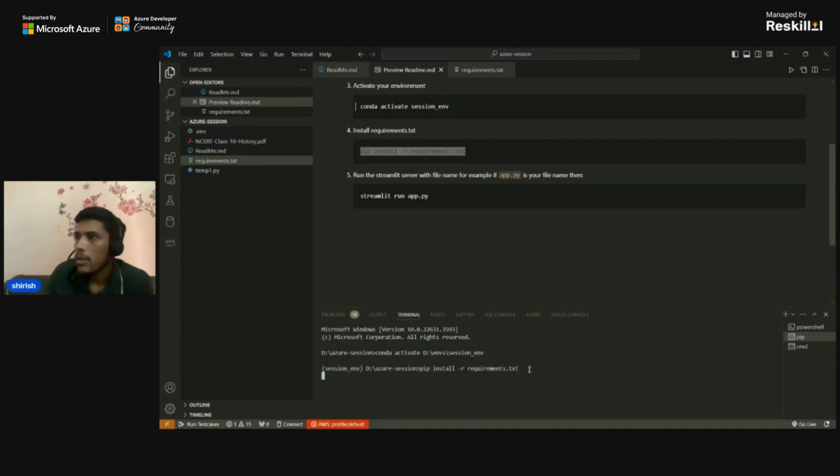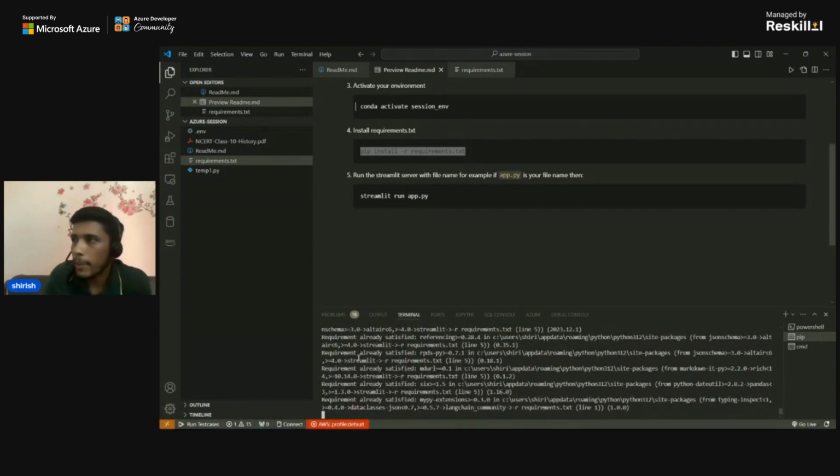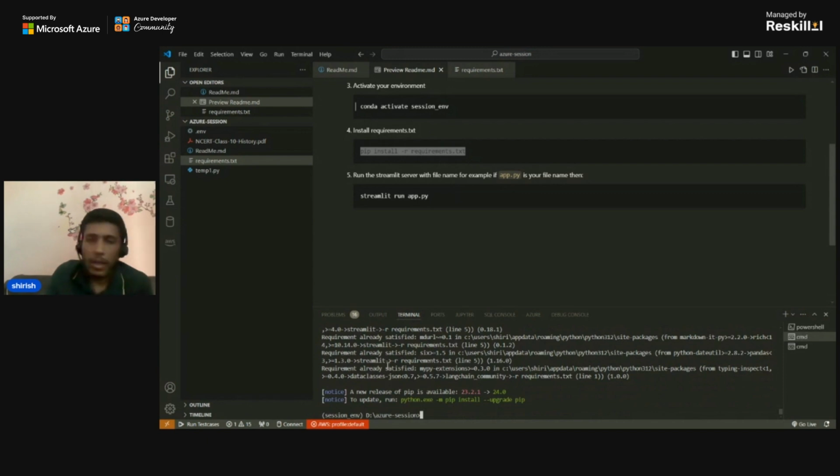Okay. So since I've already installed that, all these requirements are already satisfied. In your case, if you try to run this, it will say downloading and it will take some time to download all the libraries. Okay. Then after that,